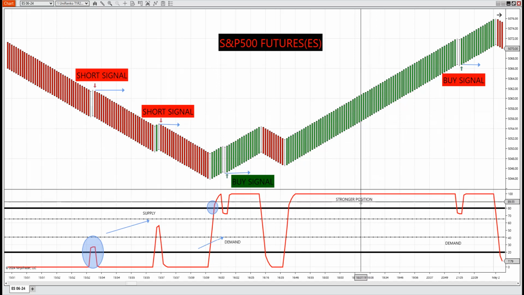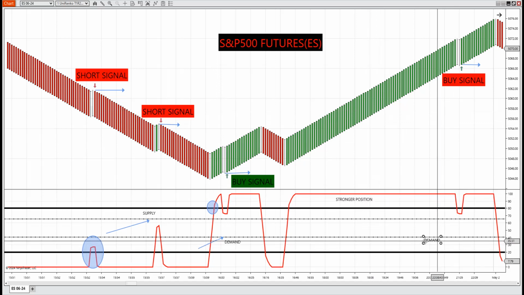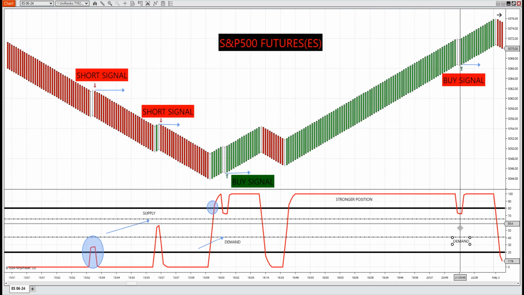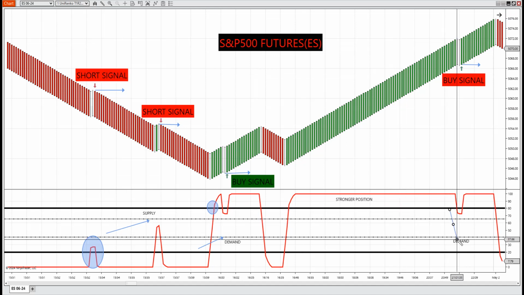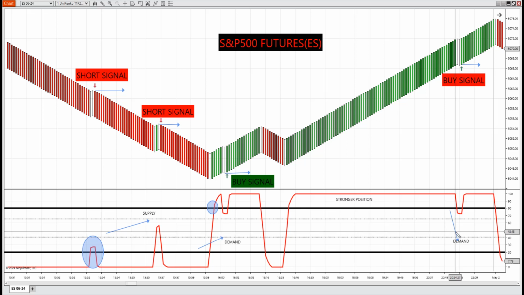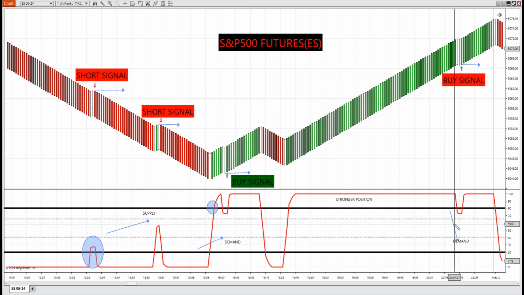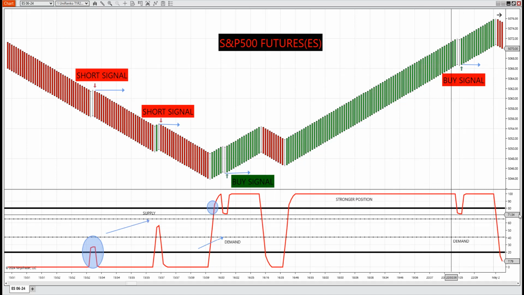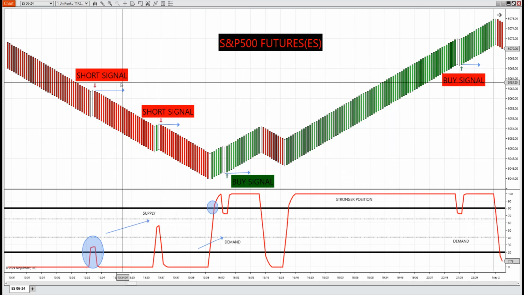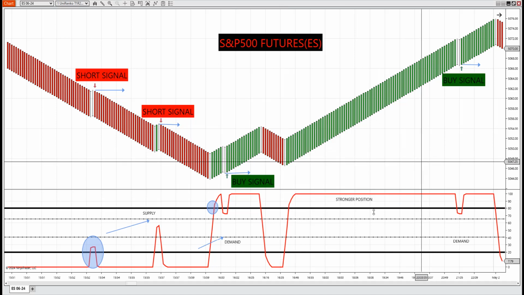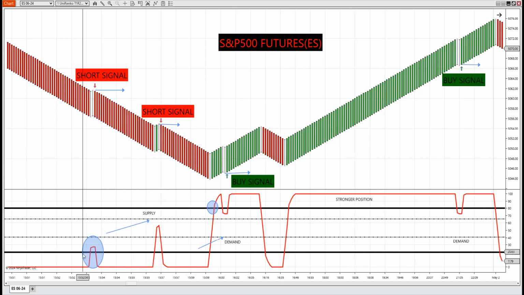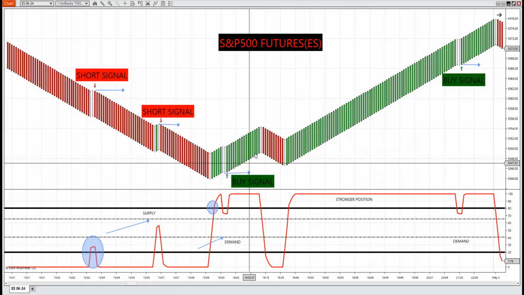But you can see that you can use the demand line here, this demand line, as long as this oscillator doesn't pull back below. Now, if this oscillator would pull back and it breaks this level, my demand line, my demand oscillator right here, that means the market's showing weakness, and then you would not take the pull-in bar coming up. But it did not. It's showing strength, and then it starts to move higher. So that shows you, let me put this in green. It's supposed to be green. That shows you two buy signals and two short signals on the S&P using selling weakness, buying strength,